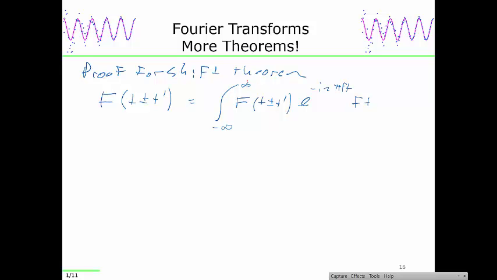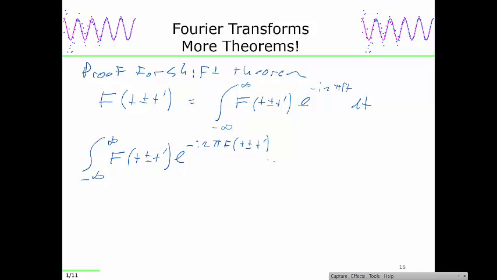It's supposed to be a dt again. I'm going to write this in a sort of curious way. I'm going to write this now as the integral from negative infinity to infinity of f of t plus or minus t prime times e to the minus i 2 pi f t plus or minus t prime